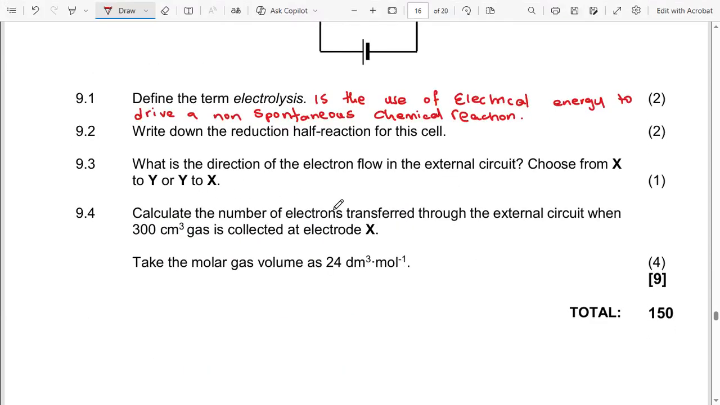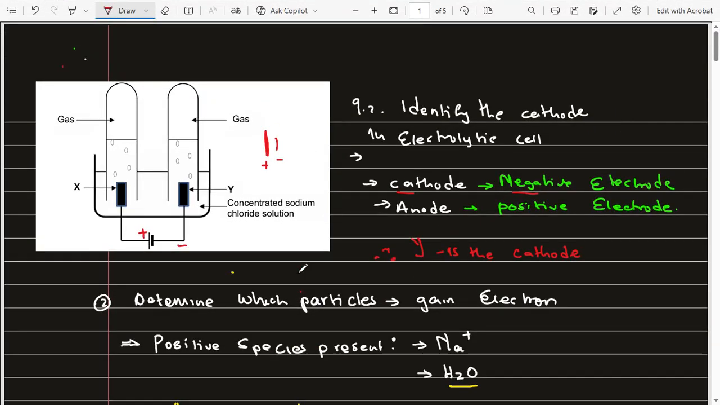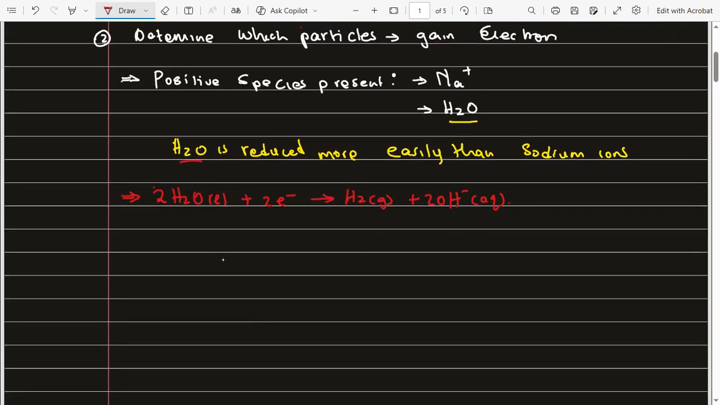Next question: what is the direction of the electron flow in the external circuit? Choose from X to Y or Y to X. Guys, I know that this is 1 mark, but I don't want you to do guesswork. So remember the rule of electrons: electrons always move from what? From anode to cathode. Okay, so to answer this 9.3,